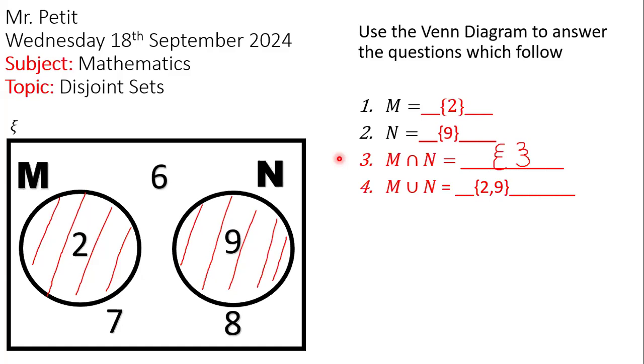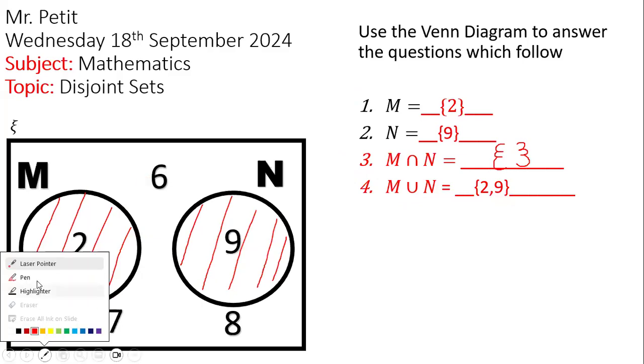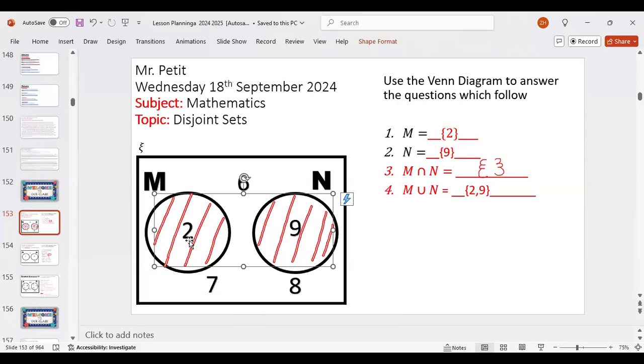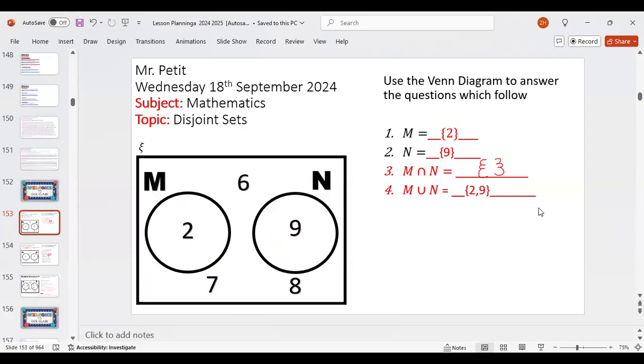Okay, let's move on to CC Joseph. Can you hear me? Okay, good. And Natalia, you understand this so far? Yes, sir. Good. So let's move on to the next question. We already got the union, we already got the intersection. Let me erase this. The union is just the two combined. Let's move on to the next one.